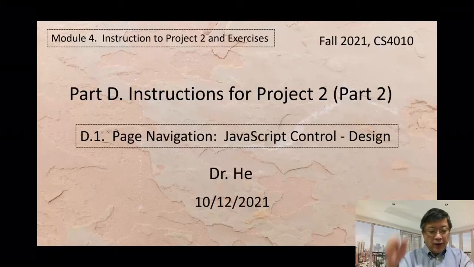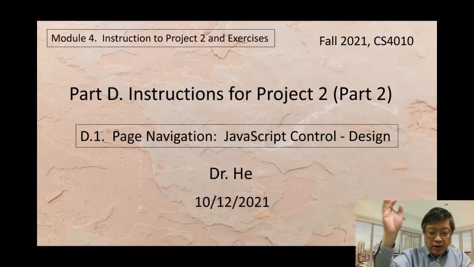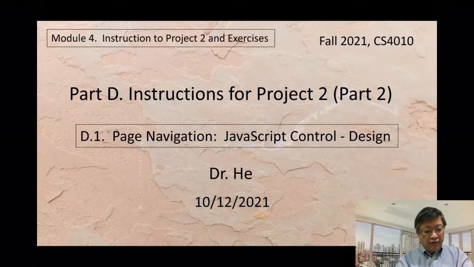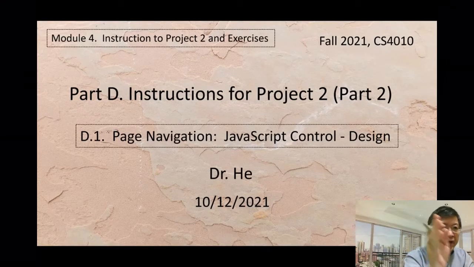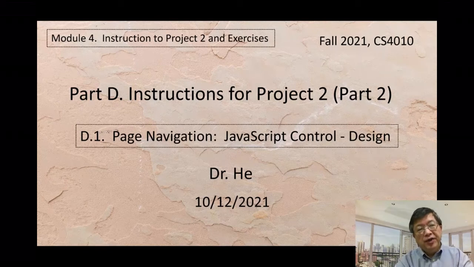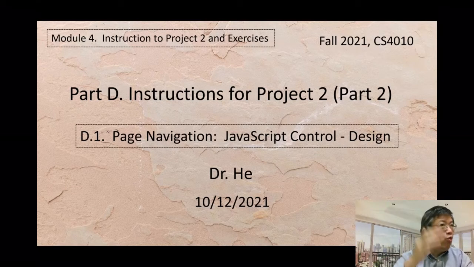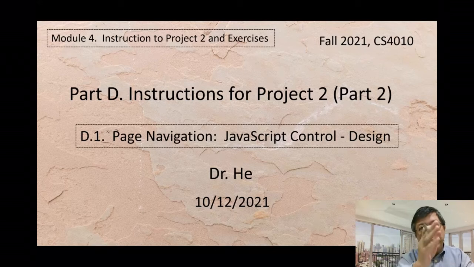Part D, instructions for project 2, part 2. First, let us work on the page navigation part. This part, we need to do a lot of work, so we cannot complete it in just one video. So I need to split it into